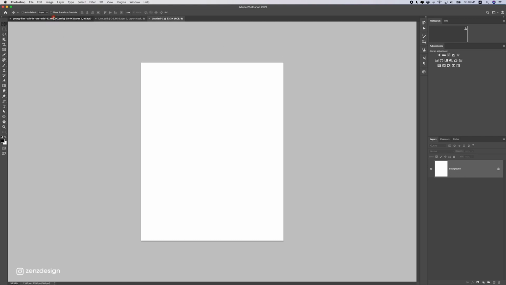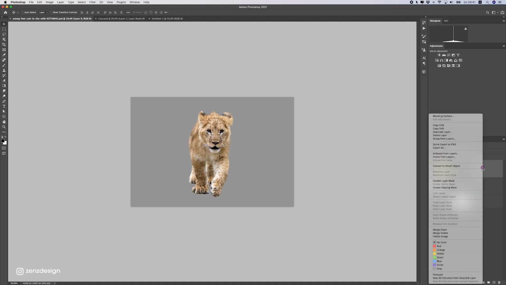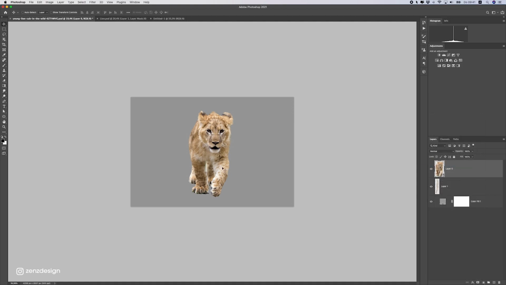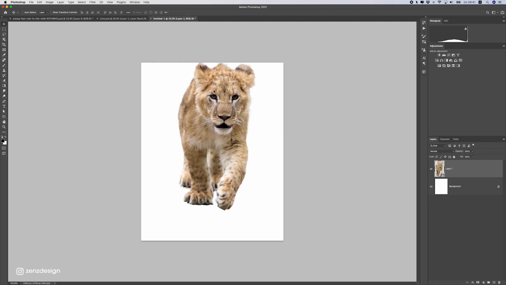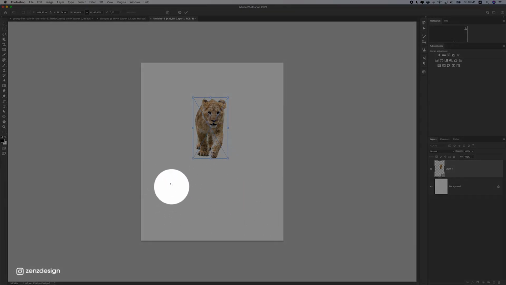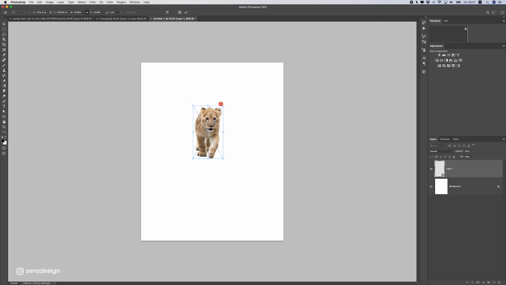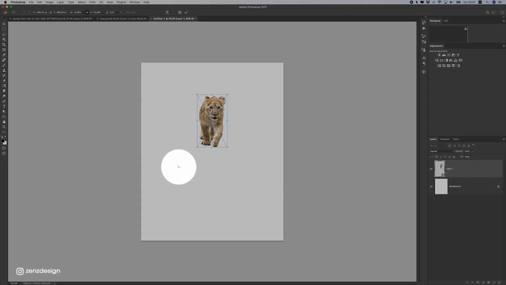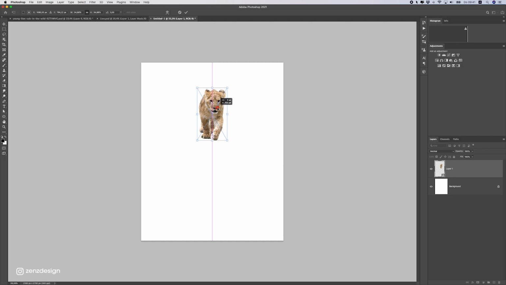All right, now let's first make a smart object here. When you've got the background removed, just right-click to make a smart object and drag it into our file. If we press Ctrl T, we can resize this to fit the image. Now we need to make sure we have enough space left to make the reflections in the water and also the big lion there. He's a bit bigger than this one, so we need more space here, right? So we'll move this a bit up like that.